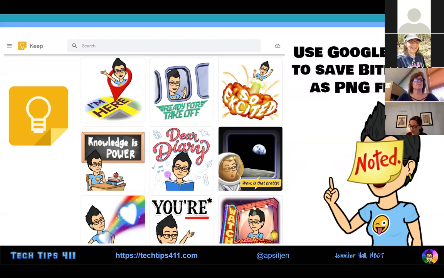So I use Google Keep. I go in and I paste it into Google Keep. So you can pull up your keyboard option. I paste it into Google Keep, and it saves it as a PNG. By doing that, I have some more flexibility. This is also how I organize all of my ones, because sometimes there are limited edition Bitmojis that you want to make sure you save